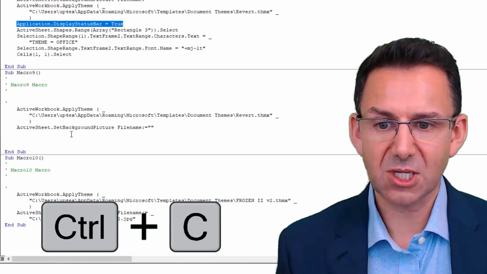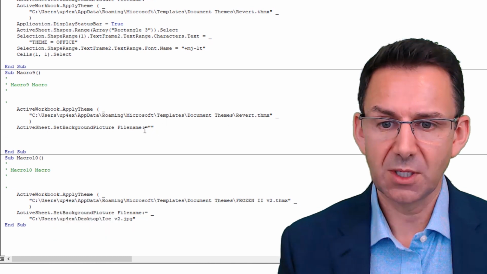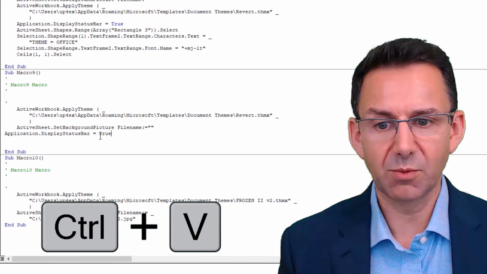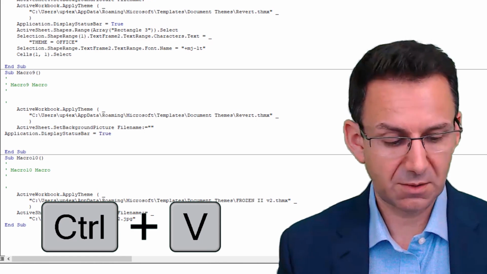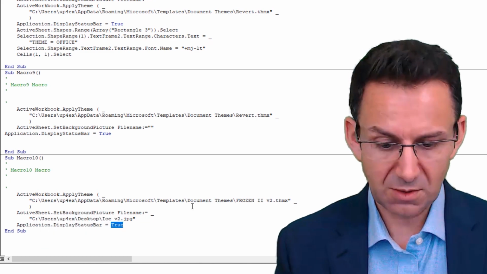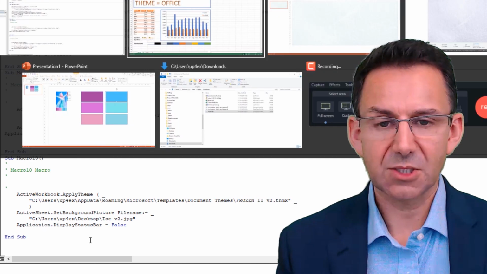So if we take this code, so this is where we're going to apply the theme, revert the theme. So we're going to put that as we want to display the status bar. Here we're going to undisplay it, False. Right, so now